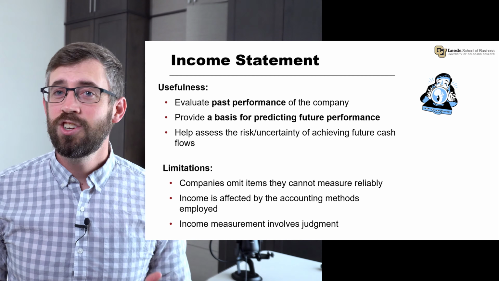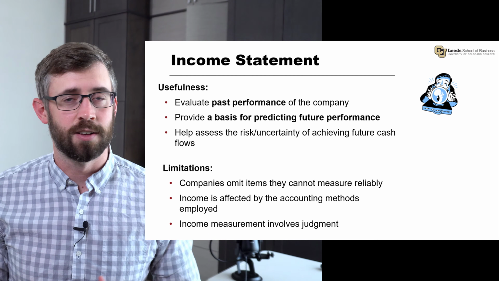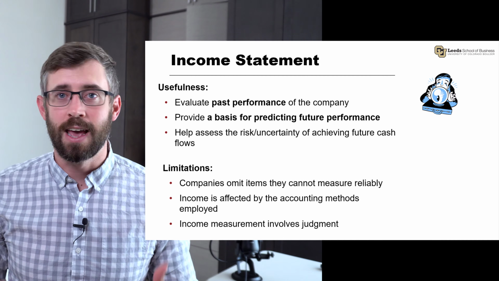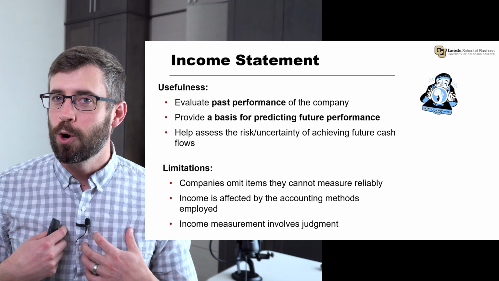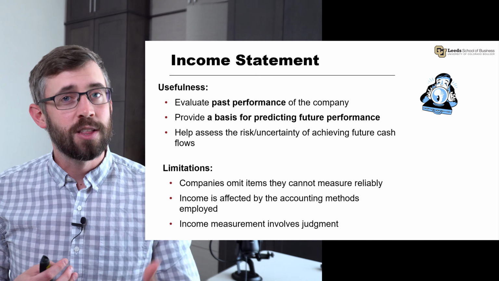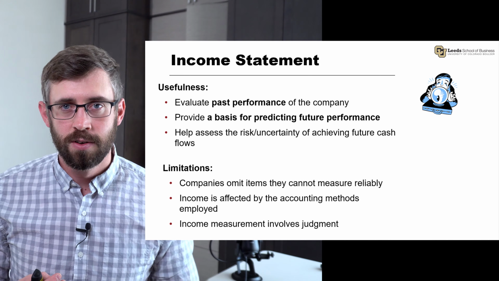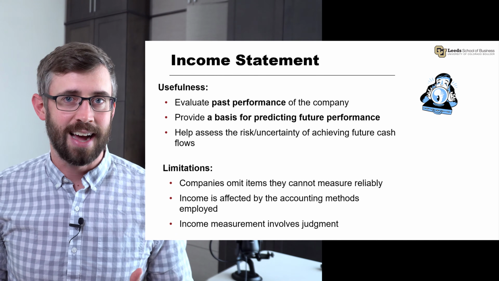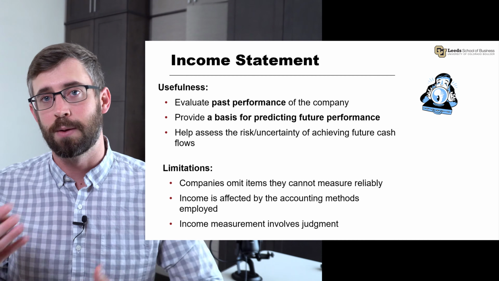Now, some of the limitations of the income statement, which we're going to see with the other financial statements as well, are that some things get omitted if we can't reliably measure them. Accounting overall is very conservative, so we only let companies put things in their financial statements if they're reliable, if we can measure them. And if that's not the case, they might just be excluded entirely, even if there is some economic benefit or